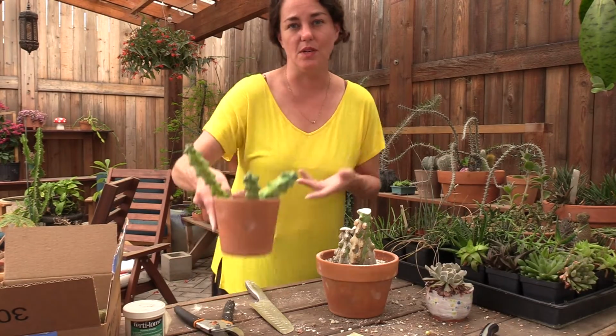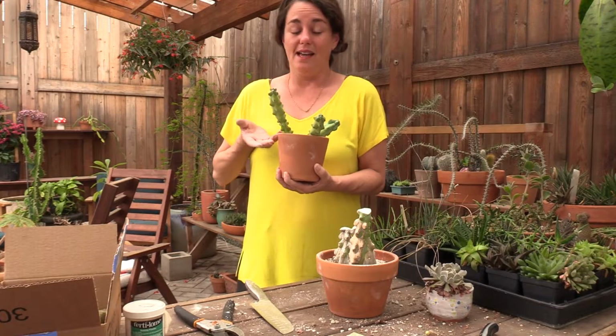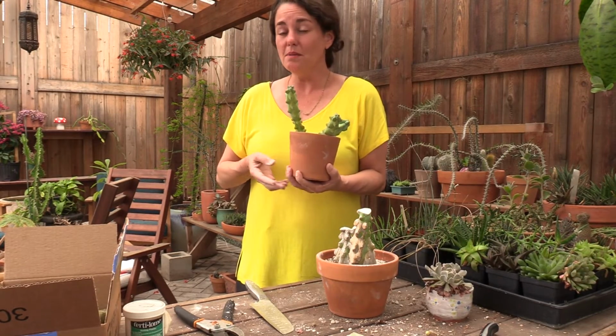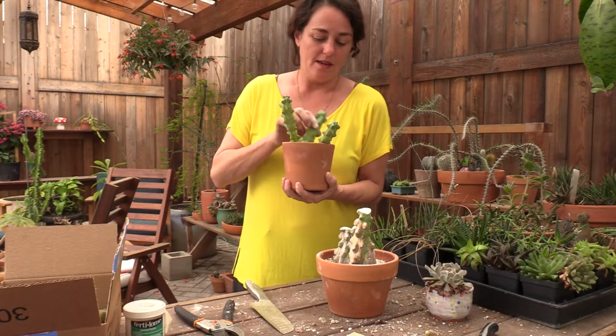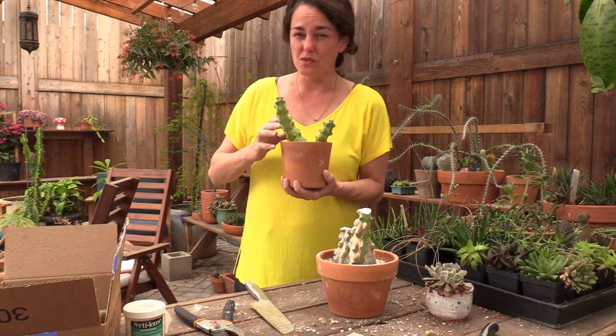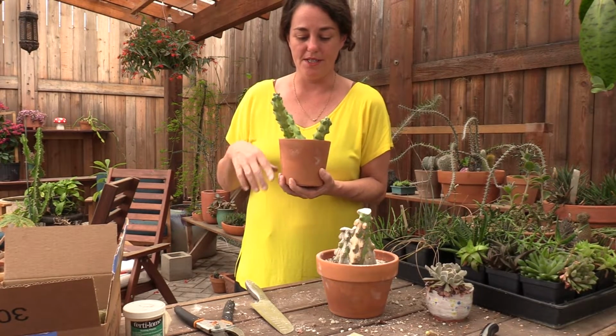Again, you're not going to have any organic soil in. It's just going to be drainage materials. I can leave these in drainage materials probably forever, as long as I watered and fed them appropriately. And it's a nice mix of drainage materials, so they are going to be getting some nutrition from it. But if you wanted, you could do